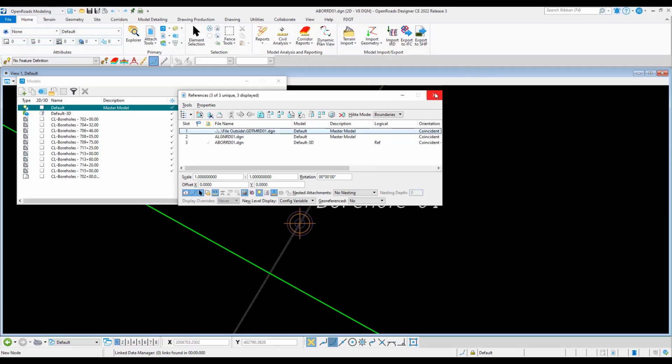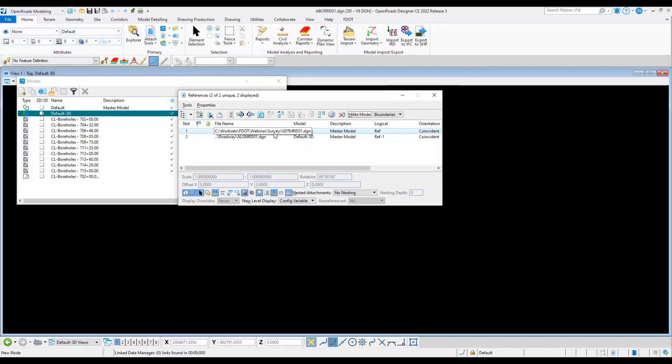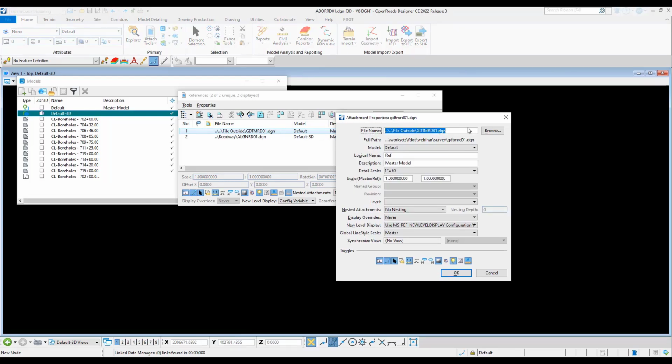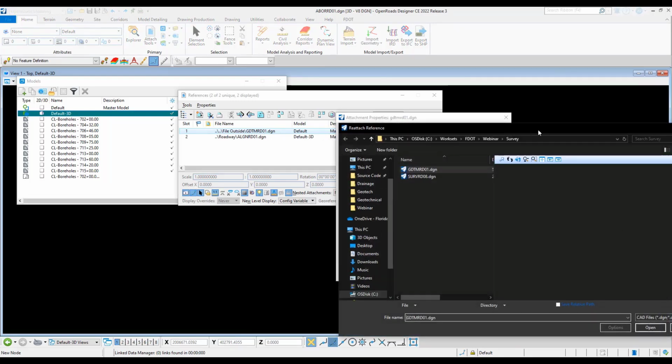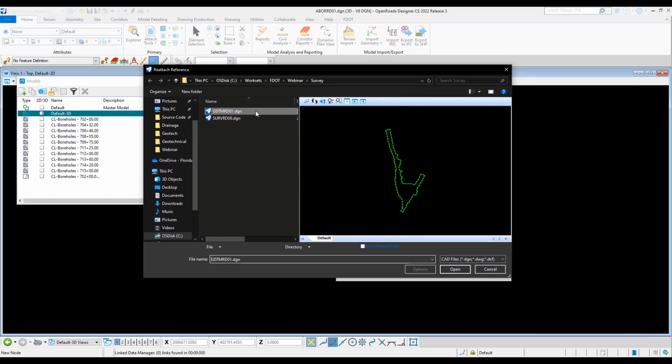We can now go back into the references. We can go ahead and select and update the location of that file. If you notice I didn't check the save relative path, that is because if you're working within the FDOT load, the default is always set to save as relative path. As a general rule, it's always good to check that box. And click Open,